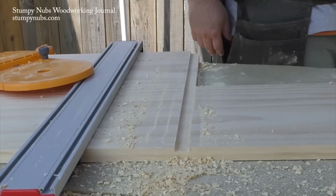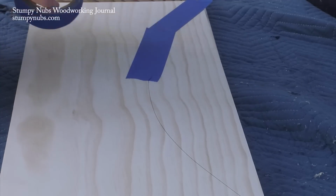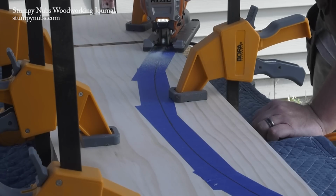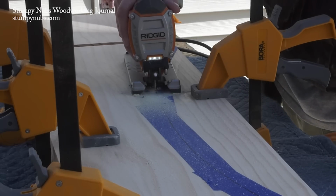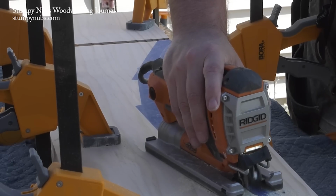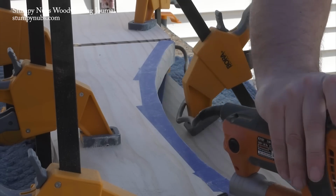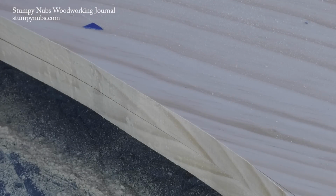the assembled project. You'll notice I put tape on the surface where my curve is to be cut. This is 2 layers of painter's tape to just strengthen the fibers and prevent a ragged cut as the jigsaw's teeth pull upward with each stroke. I also clamped my 2 side panels together so both curves would be roughly the same. Cut carefully, trying to make a nice smooth curve. You'll have to do some hand sanding to even it out when you're done, but I think it's well worth